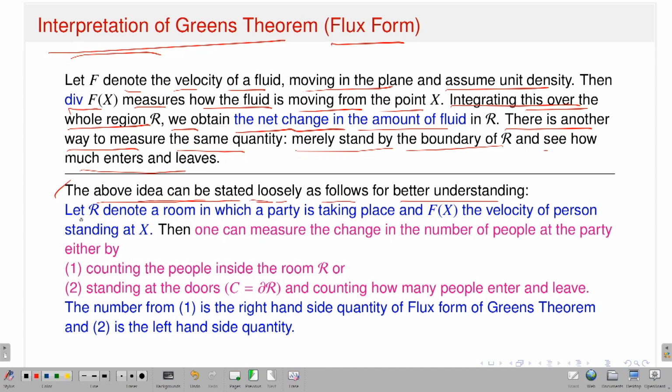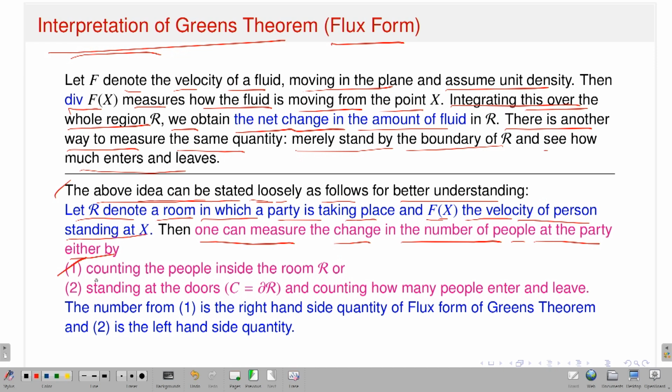Let capital R denote a room in which a party is taking place. Capital F of x is the velocity of a person standing at x. So x is the position where the person is standing, and capital F at x is nothing but the velocity of that person. Then one can measure the change in the number of people at the party either by